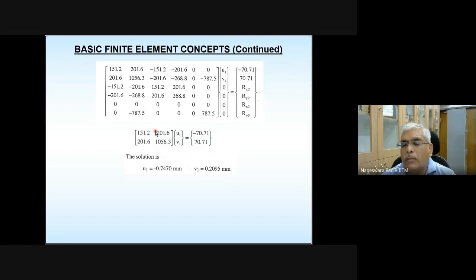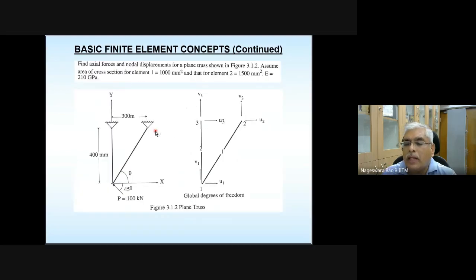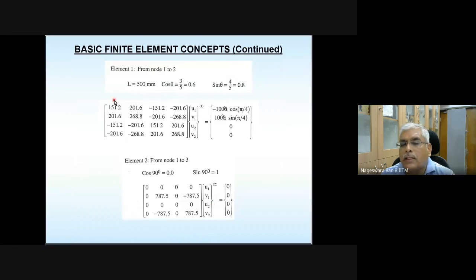What I told you is, be consistent. You select whatever node number you want, and you make that node common. That common node should be local node 1 or local node 2 for all the elements. Let's say the common node is local node 1. Then how do you get that reduced equation system? If the common node is local node 1, then only the top quarter of each of the element equations needs to be added.